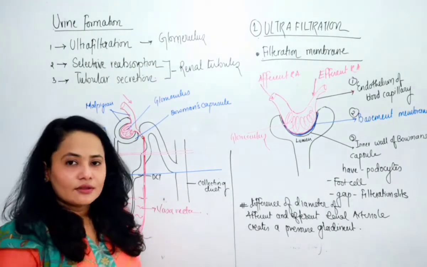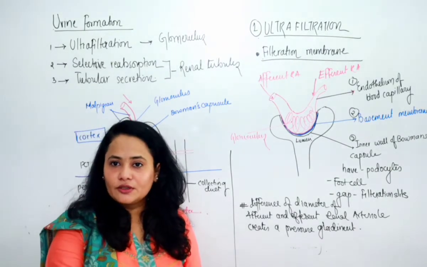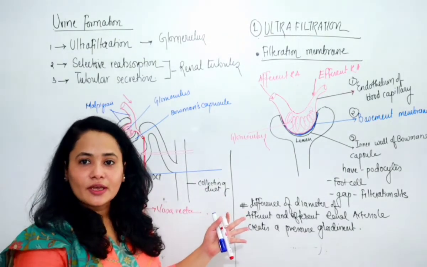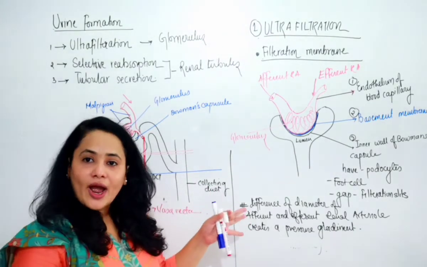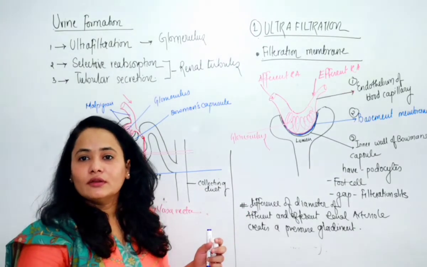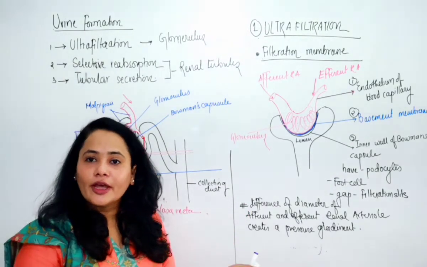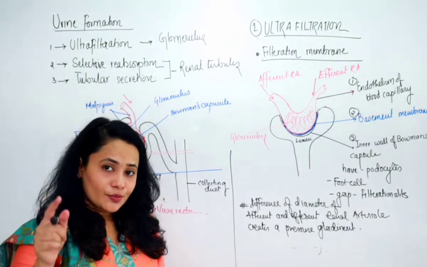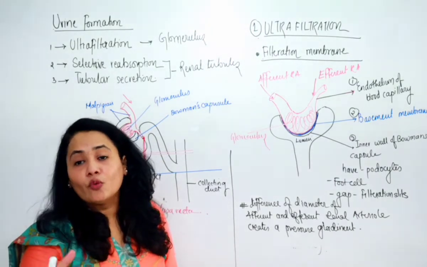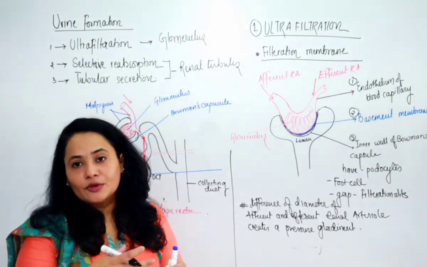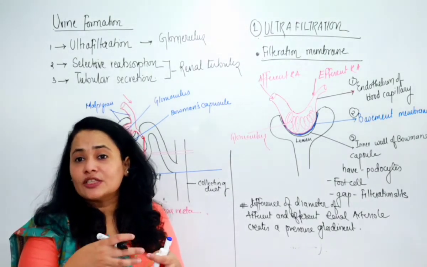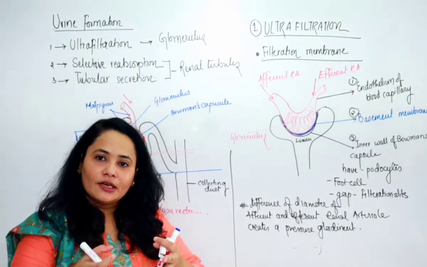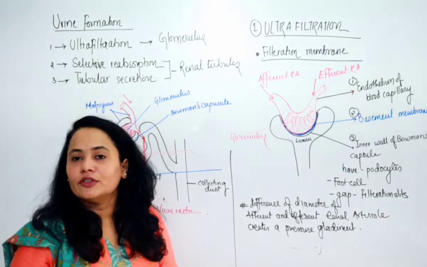So basically this is a basic part of which membrane is involved in the filtration process, and secondly, why there is a difference between the diameter of afferent and the efferent renal arteriole. As we know that if the diameter is broader, I am repeating this again, the flow would be easy. If the diameter is narrow, the flow would be restricted. So we can say that there would be a difference of pressure gradient that will help in a better filtration.